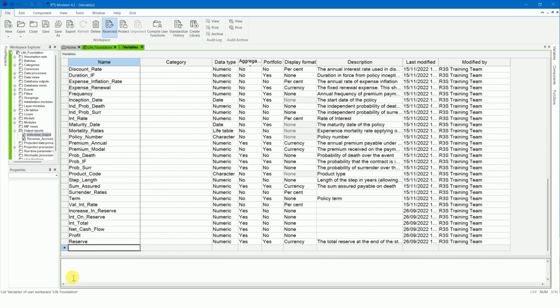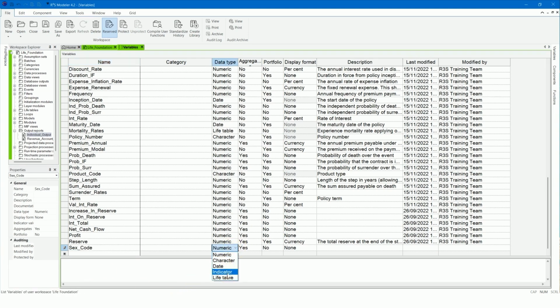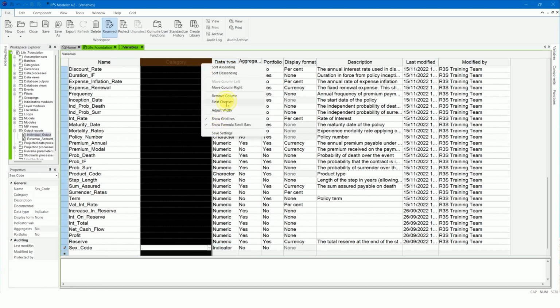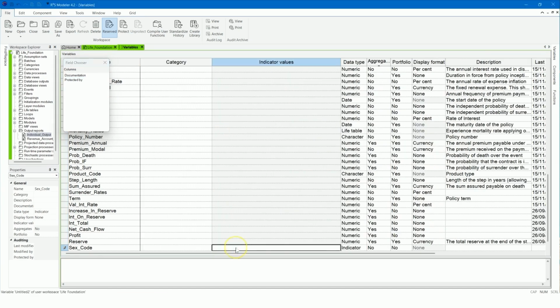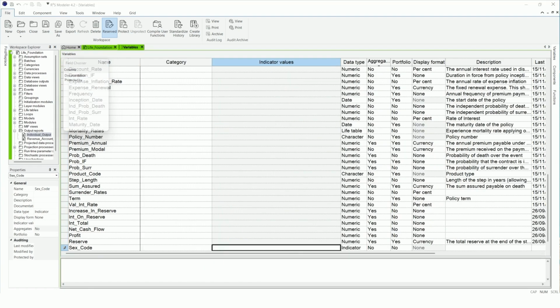Add the variable sex_code and set the data type to indicator. Set the indicator values property to male equals 0, semicolon, female equals 1.